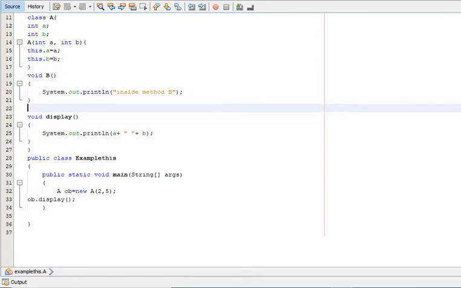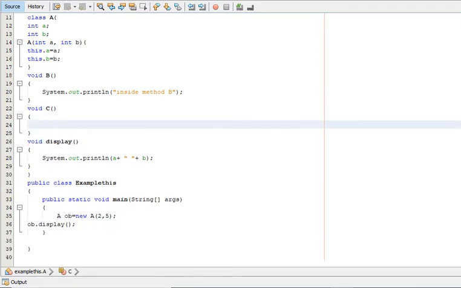Now let us create another function void c, and let us call the b method. So this is syntactically correct actually, but in the background, the compiler converts this call b into this.b.